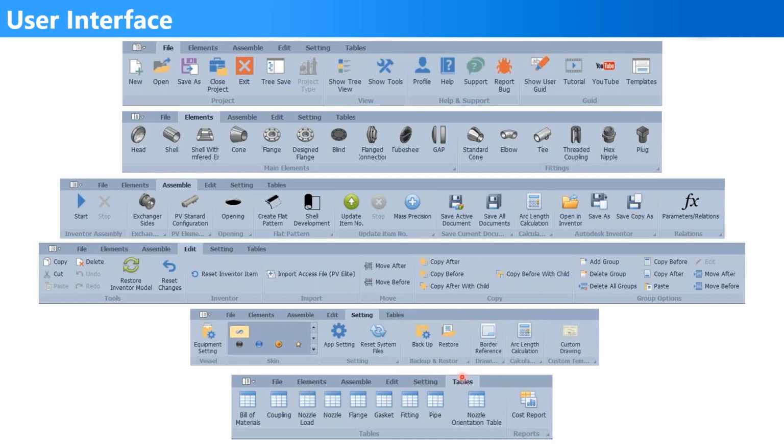In the Tables tab, you will find the bill of material table, which includes all elements in your project, not on the vessel only, but in the whole project. For example, if you have 2 or 3 vessels in your project, they will appear in the bill of material here. The coupling table, nozzle load table, nozzle table, flange table, gasket table, fitting table, pipe table, and the nozzle